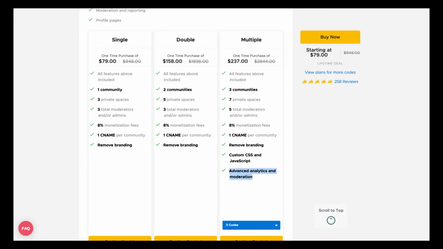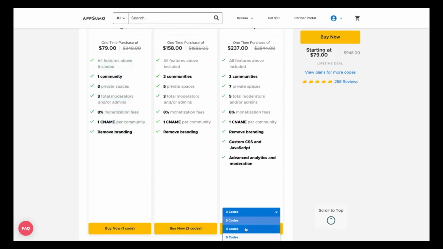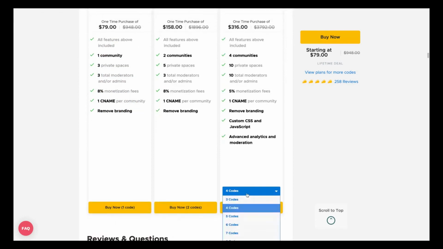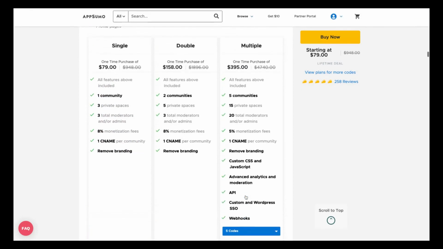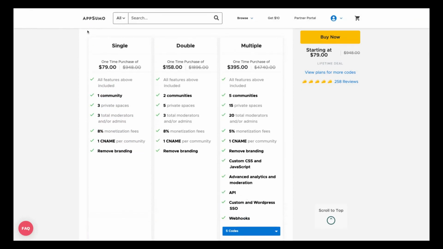Okay. So if you don't need to use custom CSS and JavaScript, with 1 code, you have the core features of UUKI for 1 community. And if you buy more codes, you're going to get more communities and then more features. So you're kind of fine with 1 code if you don't need their special features here.